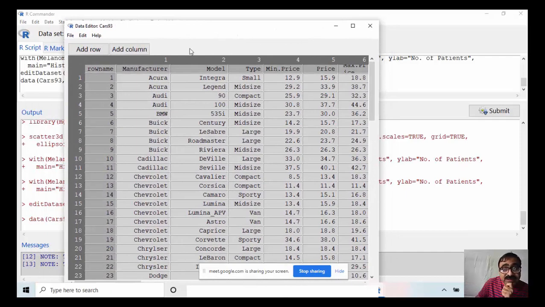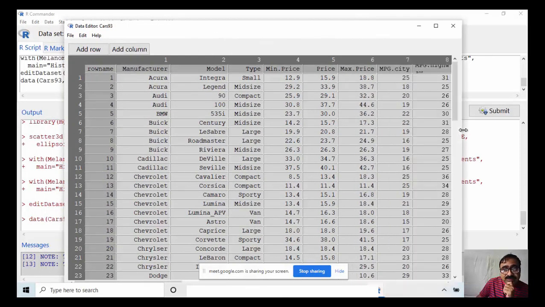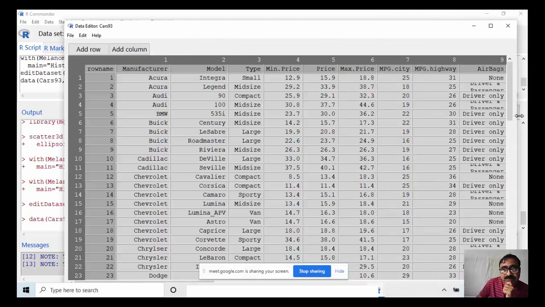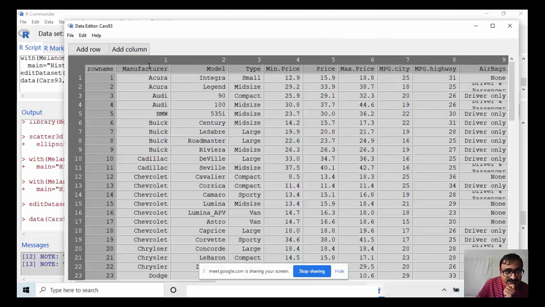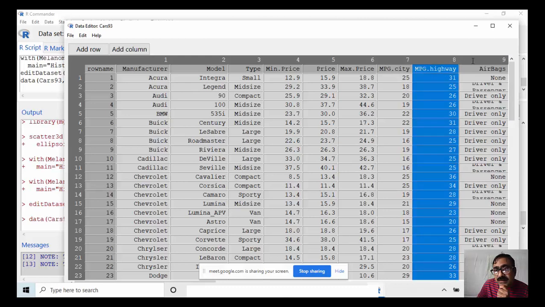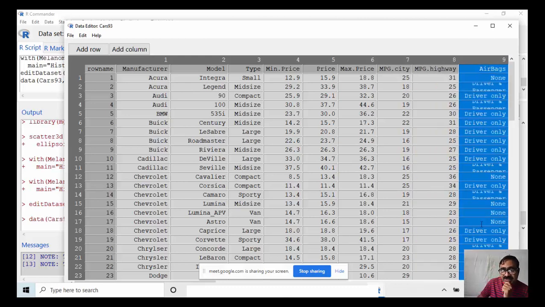This is a data set on cars. This is manufacturer, car model. This is type. This is minimum price. This is the price, maximum price. MPG, miles per gallon in the city, miles per gallon in the highway. This is airbags present or not. So this is the data set.